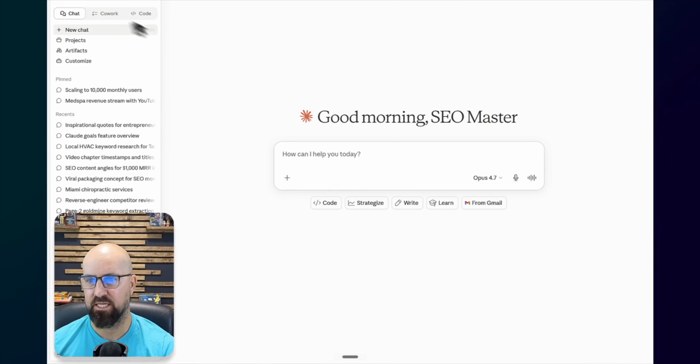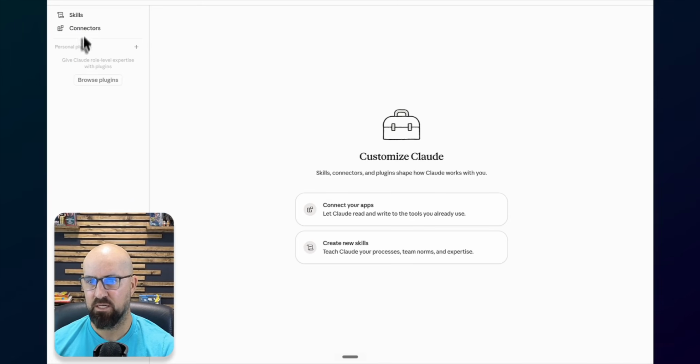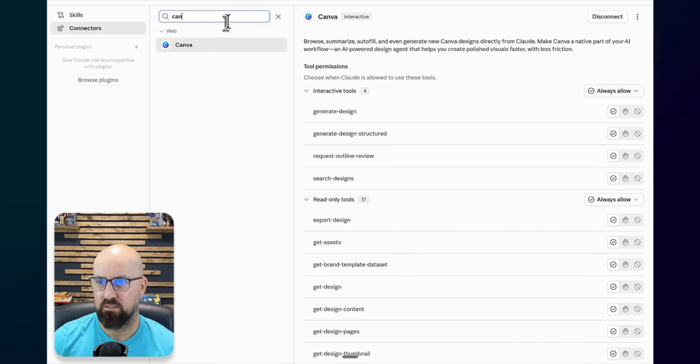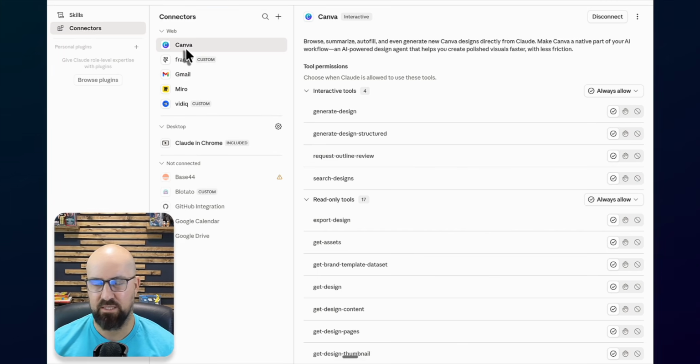How to connect it is you would go into the customized tab here, and then you would go into the connectors tab, and then you're going to search up here for Canva. Obviously it's right here. I already installed it already. So you're going to hit that, and then it's going to ask you to sign in and connect Canva to